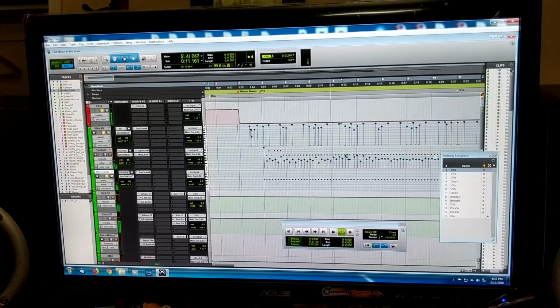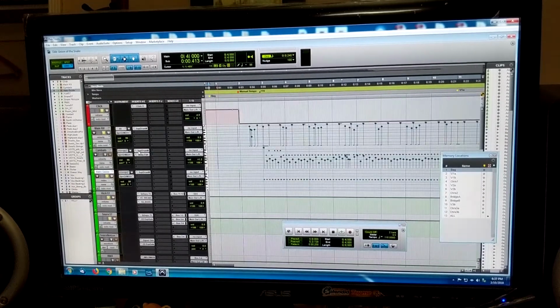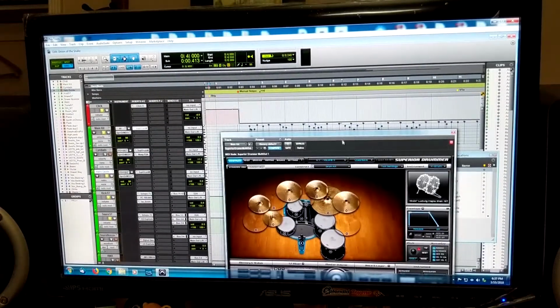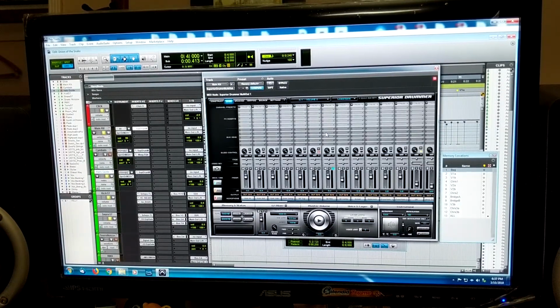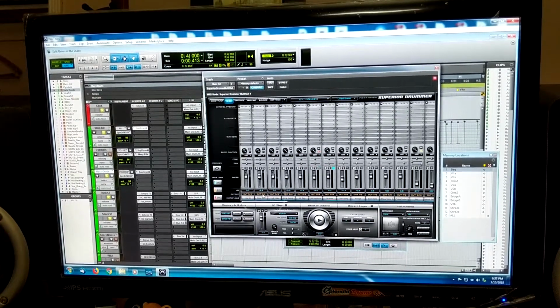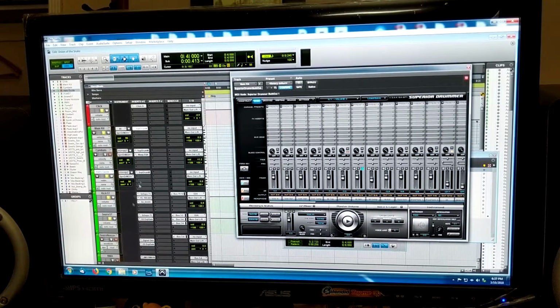Oops. I don't have something enabled. So, oh, I know what it is. What's happening here is that my main kit is actually being fed off, or split rather, in Superior Drummer. Where am I here? Using the mixer. We have all these outs over here. And those outs correspond to these